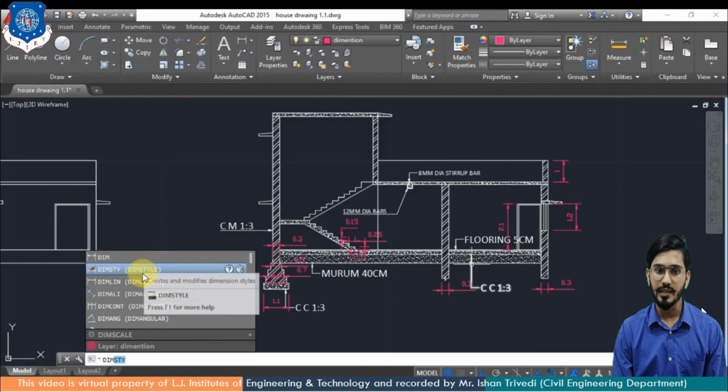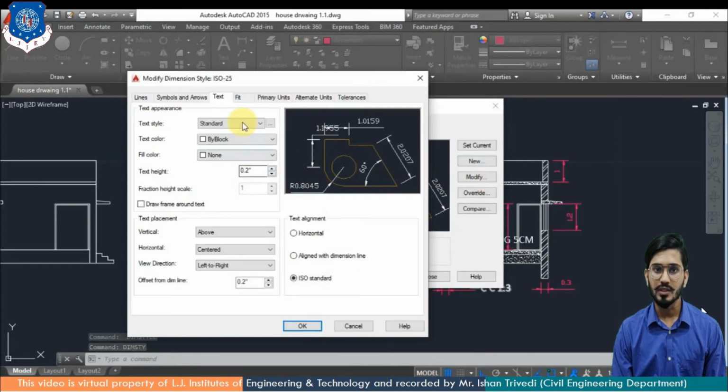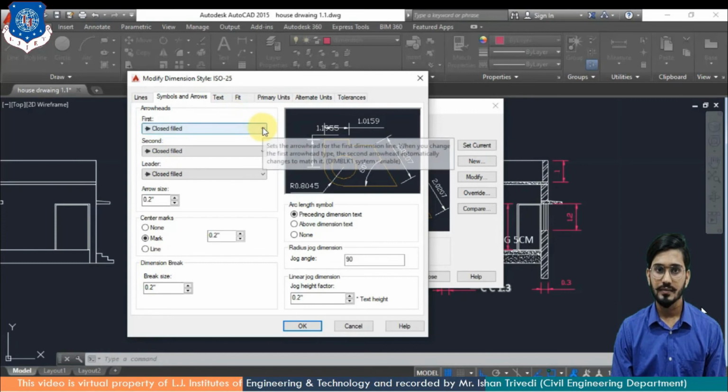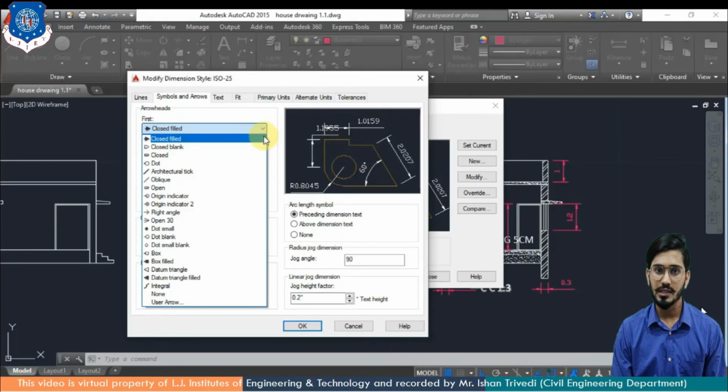Again dim style command. Furthermore I'll go with the modify. Pop-up box is there. You can see the symbols of arrows. You can change here the first and bottom part of the arrow by different symbols.